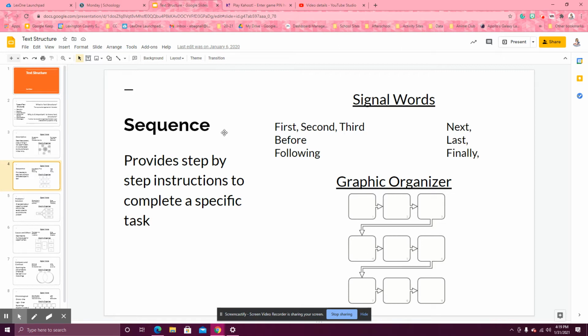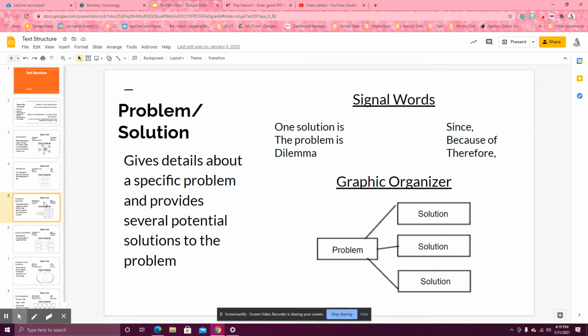All right, so when you are trying to get from point A to point B, you would provide directions in a sequence. All right, let's take a look at problem solution. Problem solution gives details about a specific problem and provides potential solutions to that problem. All right, so some signal words. One solution is, the problem is, the word dilemma, which is a really great word, which is just another word for problem. Since, because of, and therefore are all signal words that you're going to see in a text that